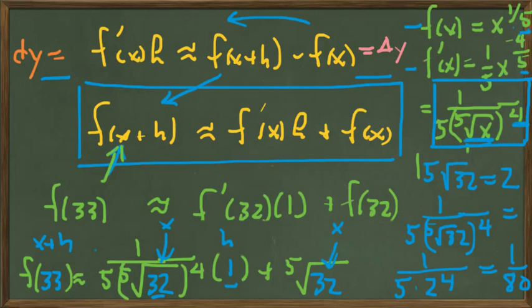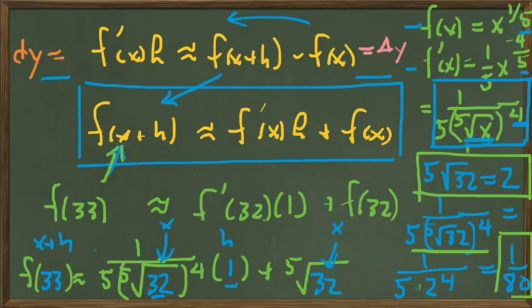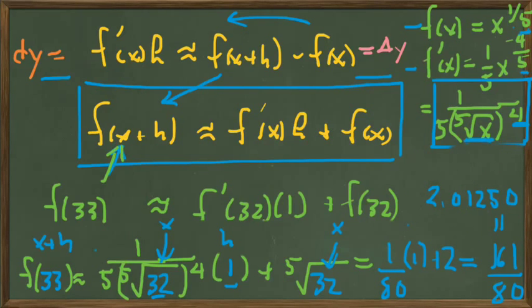So the 5th root of 32 is of course 2, and 1 over 5 times the 5th root of 32 to the 4th is 1 over 5 times 2 to the 4th, and that's 1 over 80. So let's substitute the 2 and the 1 over 80 in. If we substitute the 1 over 80 in for 1 over 5 times the 5th root of 32 to the 4th, and the 1 in for h, we add 2, we get 1/80th plus 2, which is 161 over 80, which is